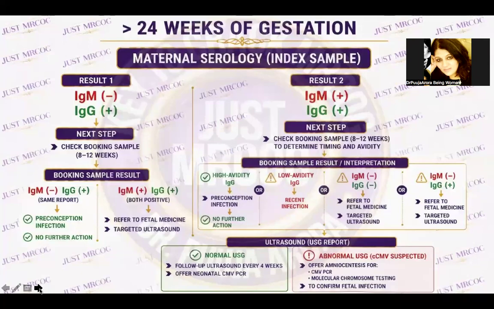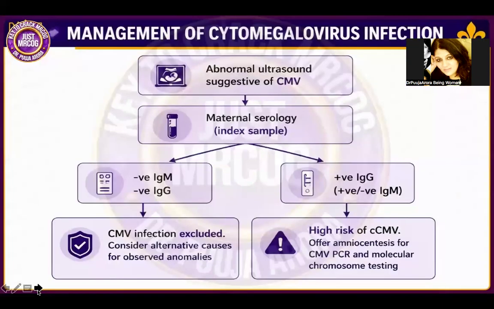any scan by chance being offered after 20 weeks, because normally if it's a low risk pregnancy they do not offer any after 20 weeks, but for whatever reason they have offered a scan and that was performed, say, around 24 weeks. In that scan by chance, there is no history of any CMV infection, fever or anything, there is no history of any blood test. Now the patient has come with this report and the report is suggestive of CMV, then you will follow this: we are going to offer index sample and accordingly